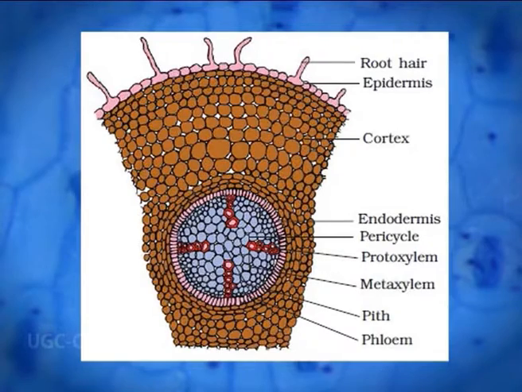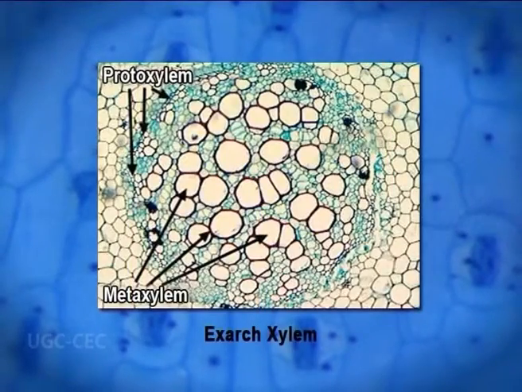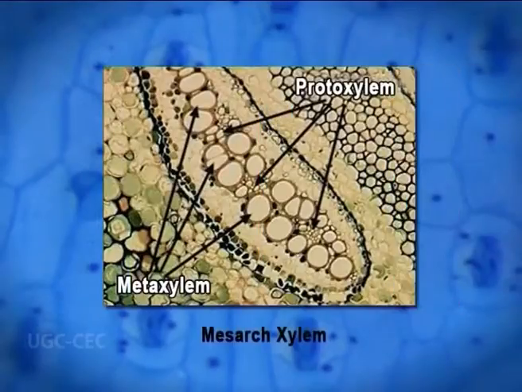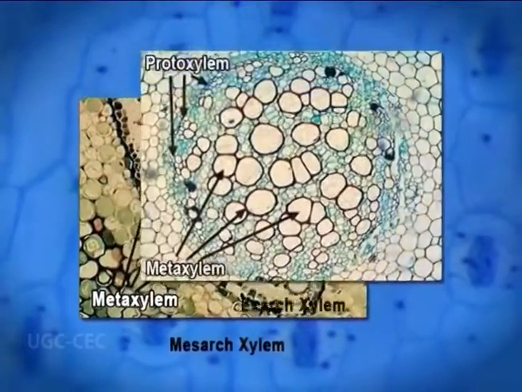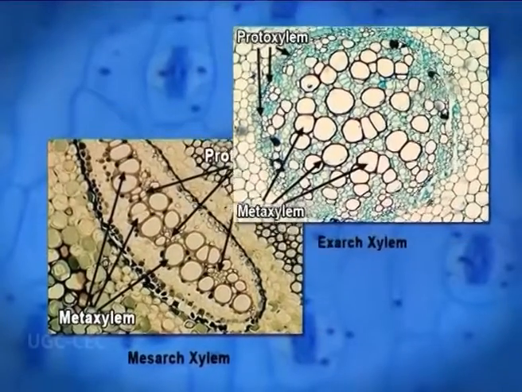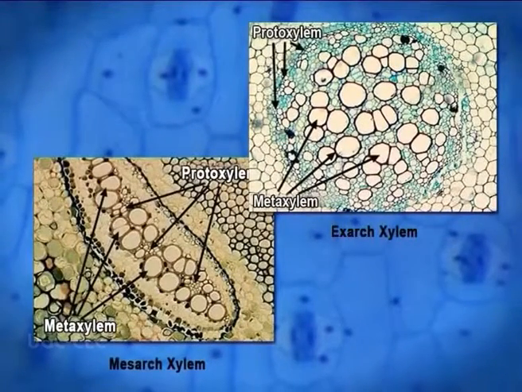When the protoxylem is on the outside and the metaxylem differentiates centripetally, as in angiosperm roots, the xylem is described as exarch. When the differentiation of metaxylem proceeds both centripetally and centrifugally to the protoxylem, it is termed mesarch. The exarch and mesarch types of primary xylem are apparently the most primitive.